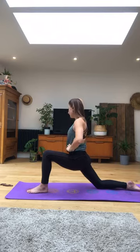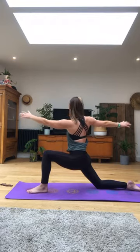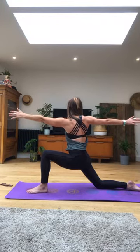Really crank through the midsection of the body. Use that as the reason that's pulling you open. Check that front knee hasn't dialed in or dialed out. Holding this for 5, 4, 3,